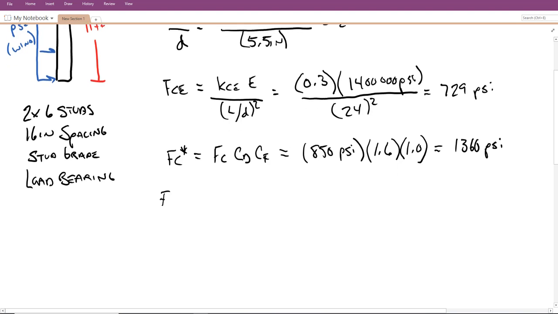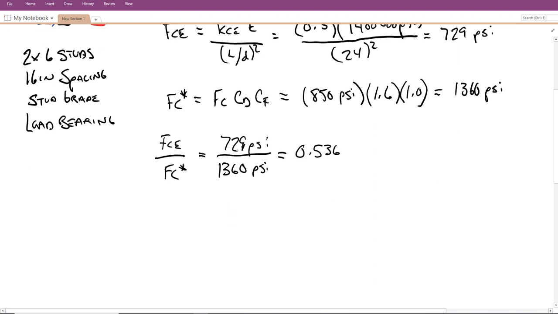Next thing we want to do is take the ratio of F sub CE to my F sub C star. So simply 729 psi. I usually solve them in that order because that's the order we do the ratio in. 1,360 psi is the denominator, and I discover that that ratio is 0.536. Once we have that, we then want to go to table 9.3 in the textbook, and we'll interpolate between